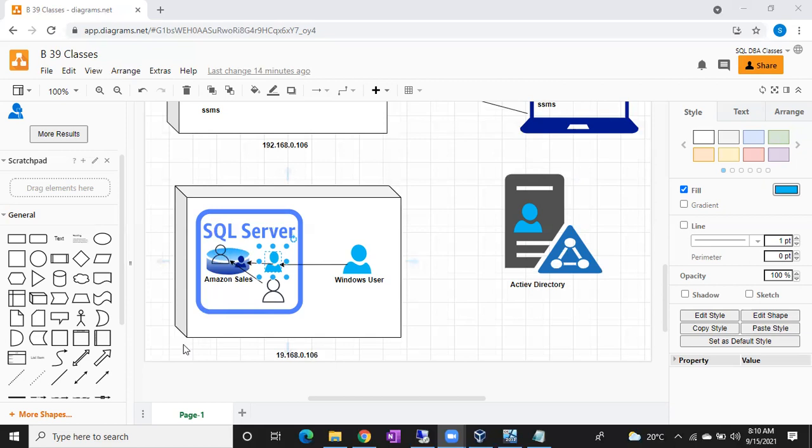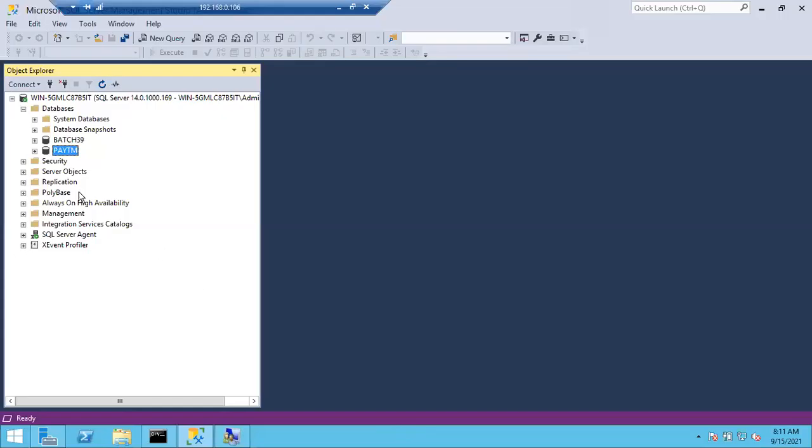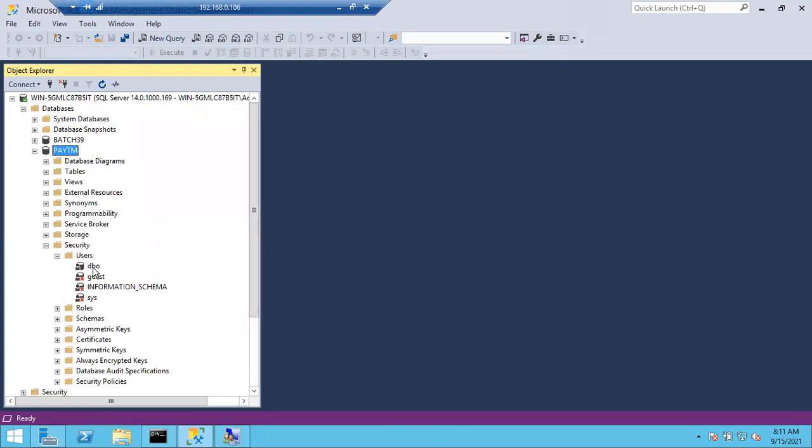For sysadmin, what will be there? Automatically this DBO will be there, guys. This DBO is the default user that comes when you install the SQL server. I did not create this DBO, guys. When you install the SQL server, it comes automatically. When you create a database, these default users come automatically. So to help Srinath, as Srinath is a sysadmin who can access all the databases, you don't create Srinath in each database. As DBO is already there, sysadmins can take the help of the DBO user to pull the data from the database.